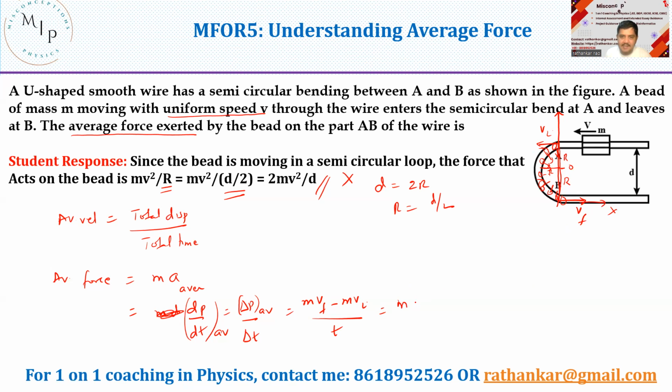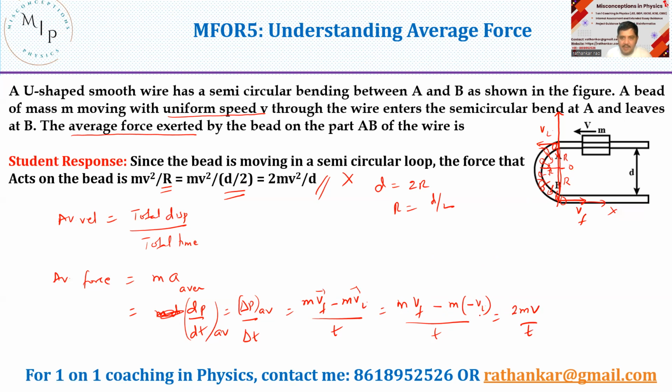So I can now write this as m times Vf minus m times Vi. This Vi is now negative because it's moving along the negative x-axis. So I will write this as minus Vi, because all these are vectors here, right? I cannot just substitute like that. Divided by time taken. Now what is Vf? Vf is V, the velocity here. What is Vi? Vi is also V. So therefore this becomes m times Vf plus m times Vi, which is nothing but 2 times mv divided by time taken. Are you getting me?